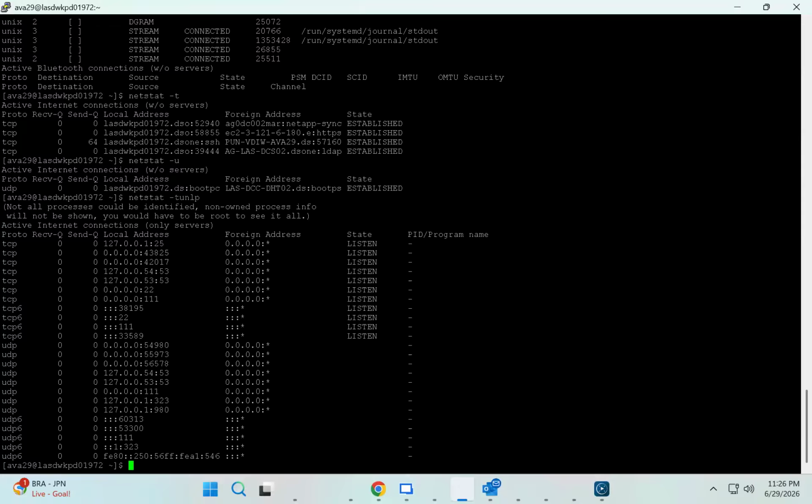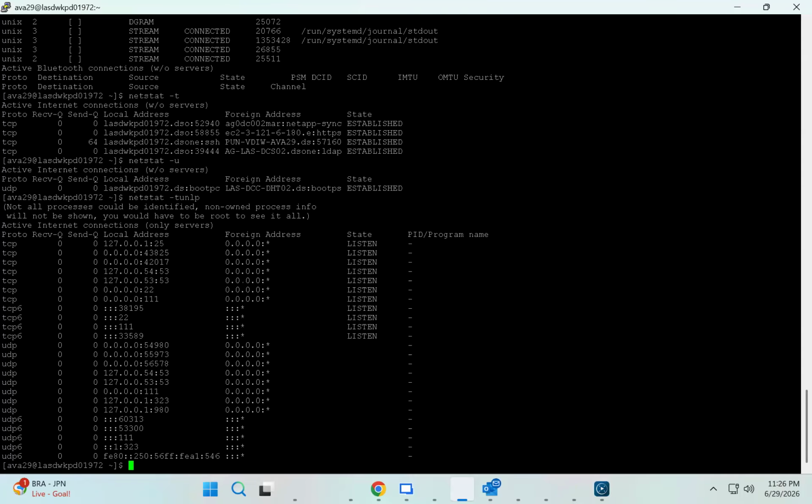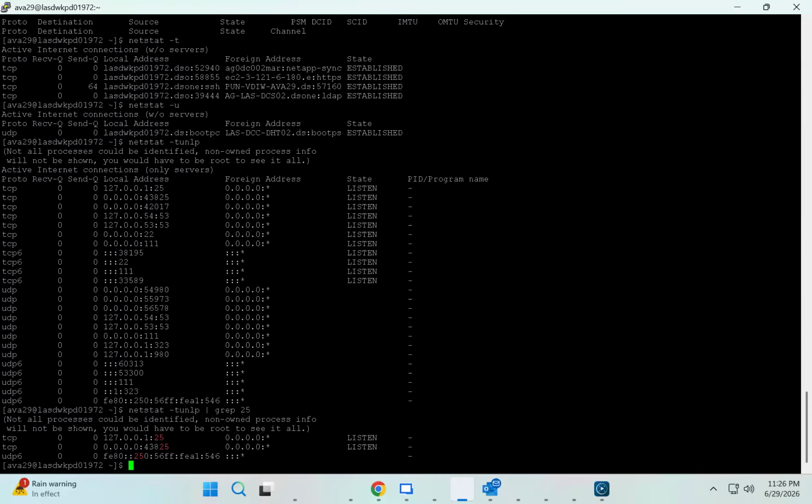If -t is TCP, and you want to check TCP and UDP both combined together, then you can use -tulnp. But what if I just want to check whether port 8080 is busy or free? I will just use the pipe symbol, grep, and provide the port number you want to check. Suppose 25. Press enter. See, these are the requests that contain the port number 25, where you can see